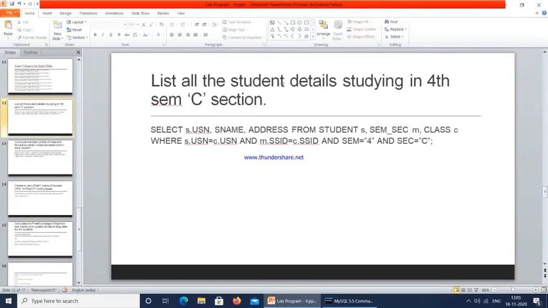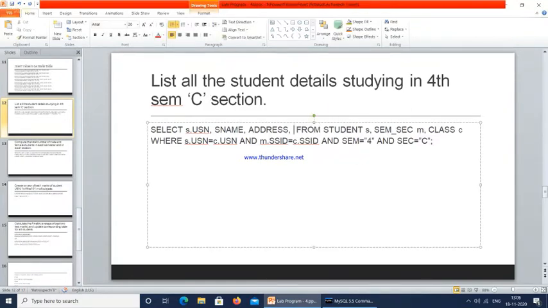We have to list all the student details studying in 4th semester C section. So I want to list all the student details, like USN number, name, address and phone number. If you want, you can also extract the phone number. I want to specify these details of particular students in 4th semester C section only.